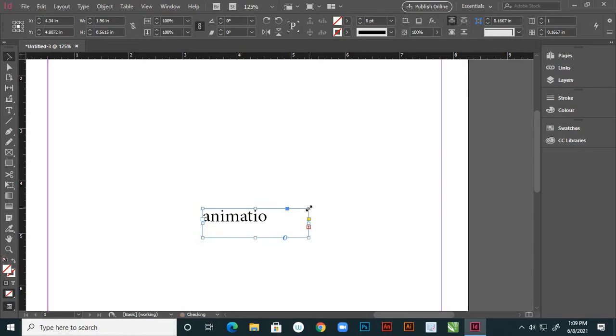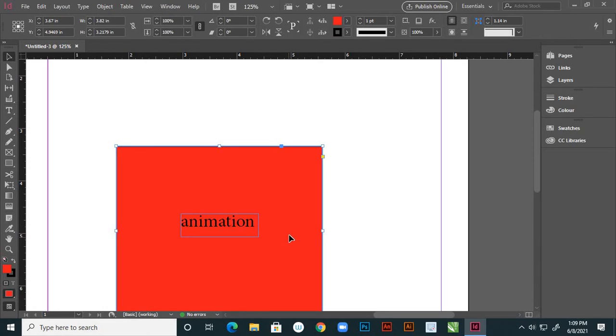Suppose here I press Control Z, and instead of Shift, Alt drag to open the dialog. So I'm pressing Alt and dragging.